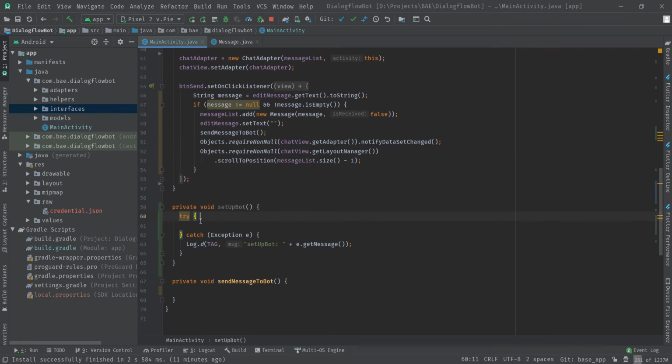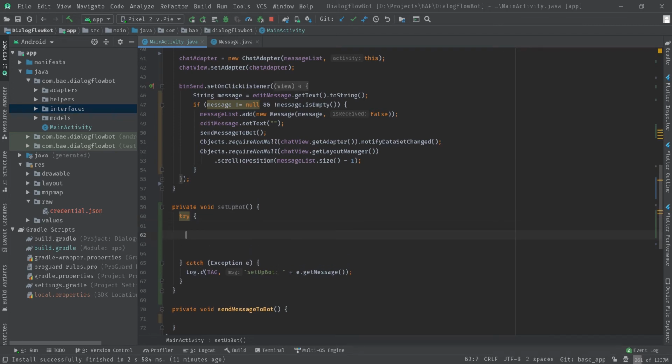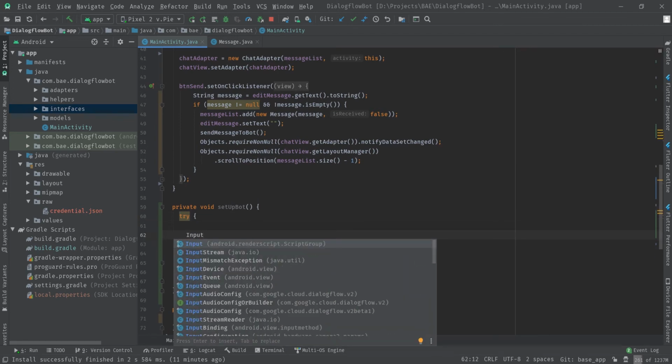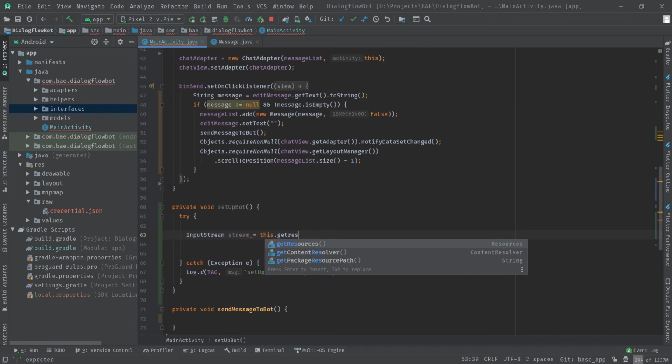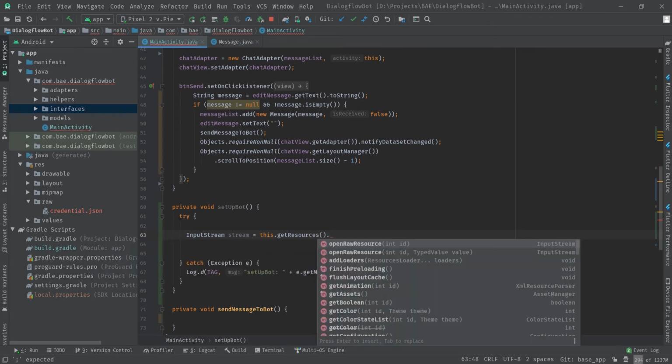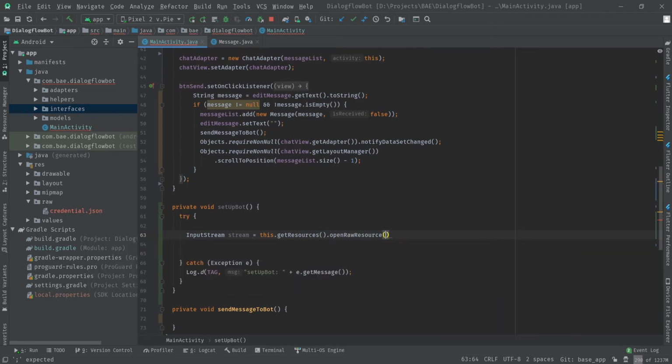Here we will be needing a few things. First is the input stream, which is a Java function. What I'm doing here is referring to the credential file. It is located at raw.credential. You don't have to add the extension name like credential.json, you just have to point the name of the file.